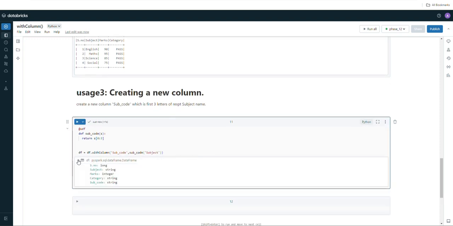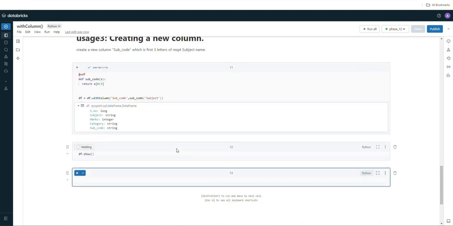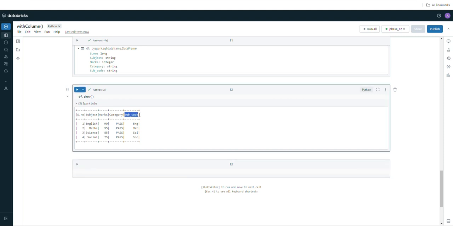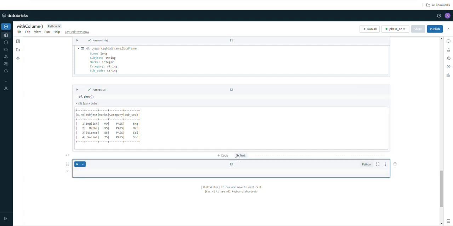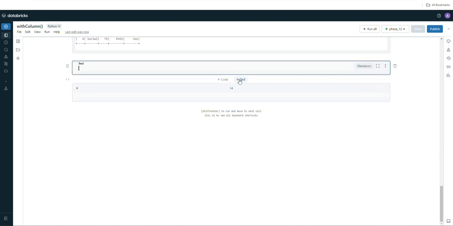And a subject code has been added as a new column, which is a string. Let's print our data frame using df.show. So here we can see that subject code is added as a new column, which is the first three letters of each subject item in the subject column. Okay, we just met our third objective, I suppose. Yes. Okay, let's jump into usage 4,